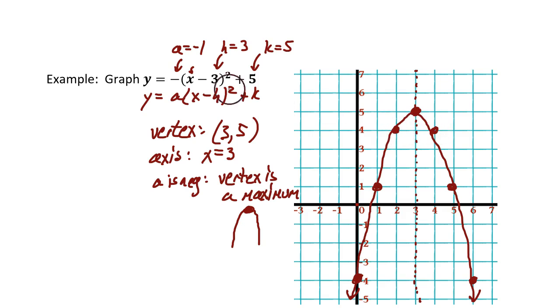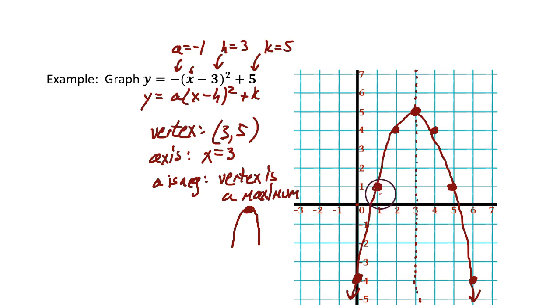Then I asked myself, from the vertex, what if x had changed by 2 units? 2 squared is 4, and there's a negative in front of that, which is -4. So from the vertex, when x changes by 2, the y changes by -4, which gets me this dot and